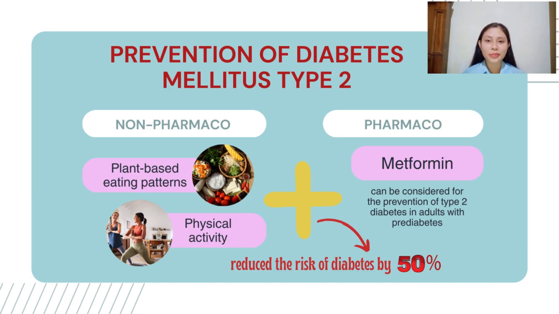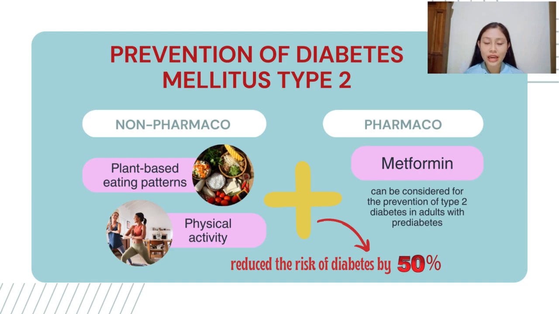Today, I would like to explain about the prevention of diabetes mellitus type 2. In terms of prevention, type 2 diabetes mellitus can be prevented pharmacologically and non-pharmacologically. The first one is non-pharmacologically. Type 2 diabetes mellitus can be prevented by lifestyle modifications, such as changing our diet to plant-based and increasing our